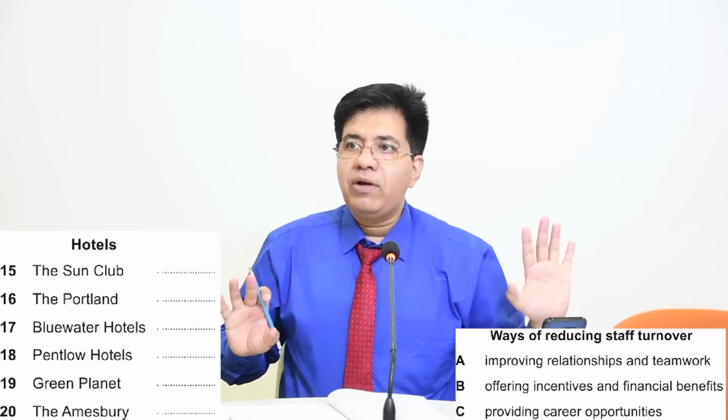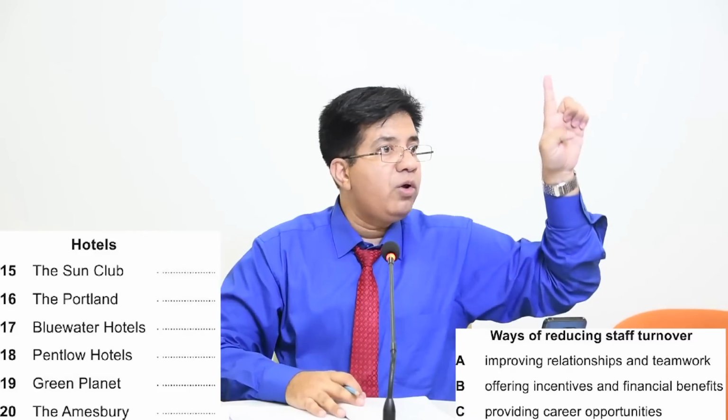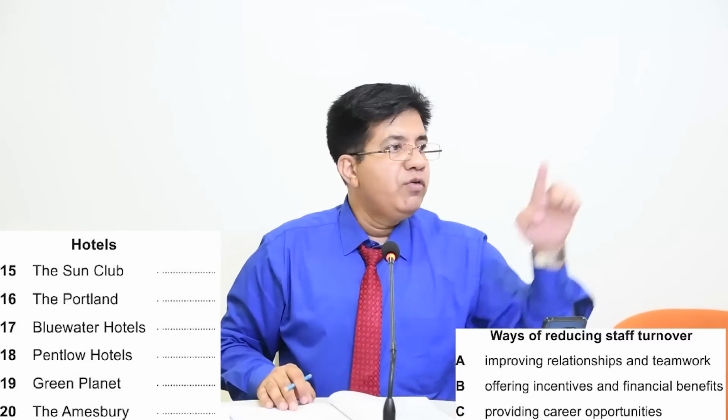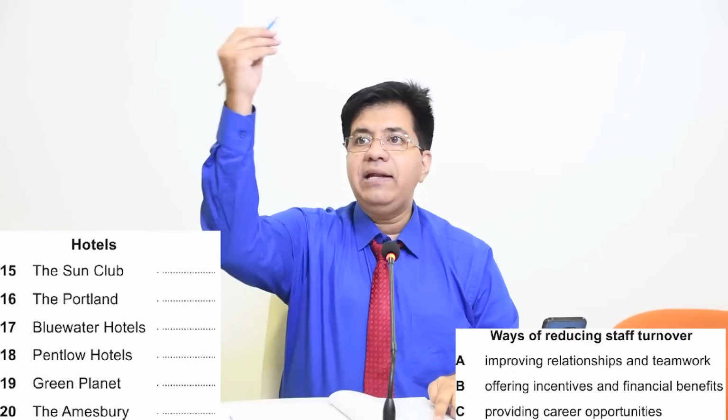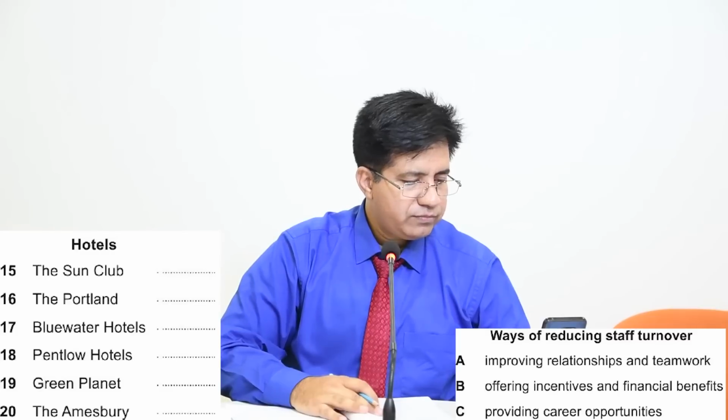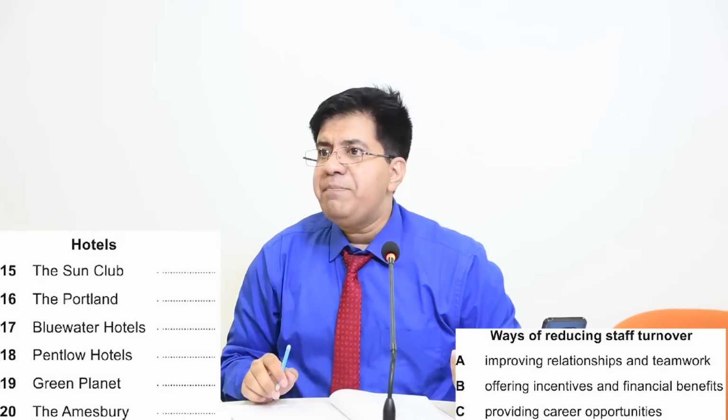All clear? Okay, now when you read these 3 options carefully, this hand is going to follow the audio. For example, if they say, first of all, the Sun Club, you will put this finger on the Sun Club and this hand will move between the options, A, B, C. So, more than one letter can... Yes, exactly. You can write A, B, B, C, A, C.